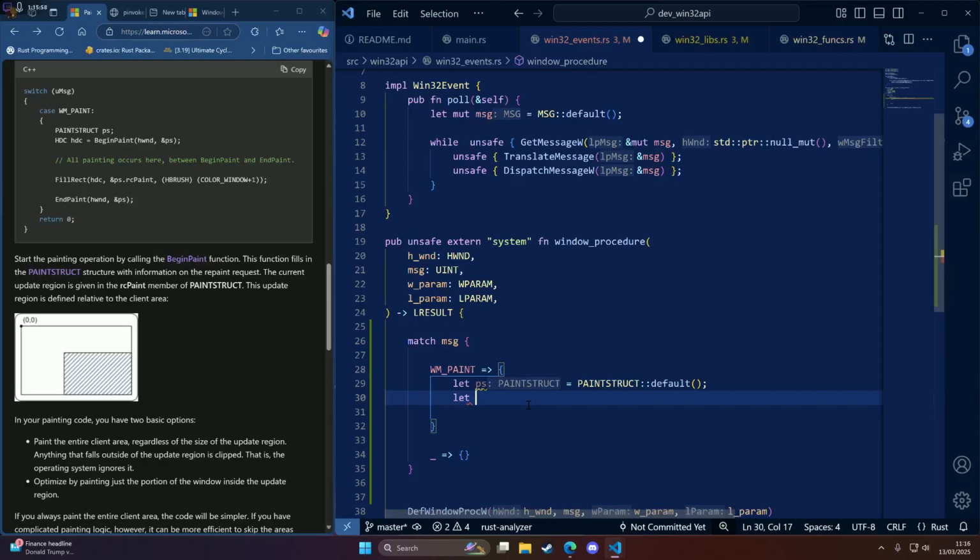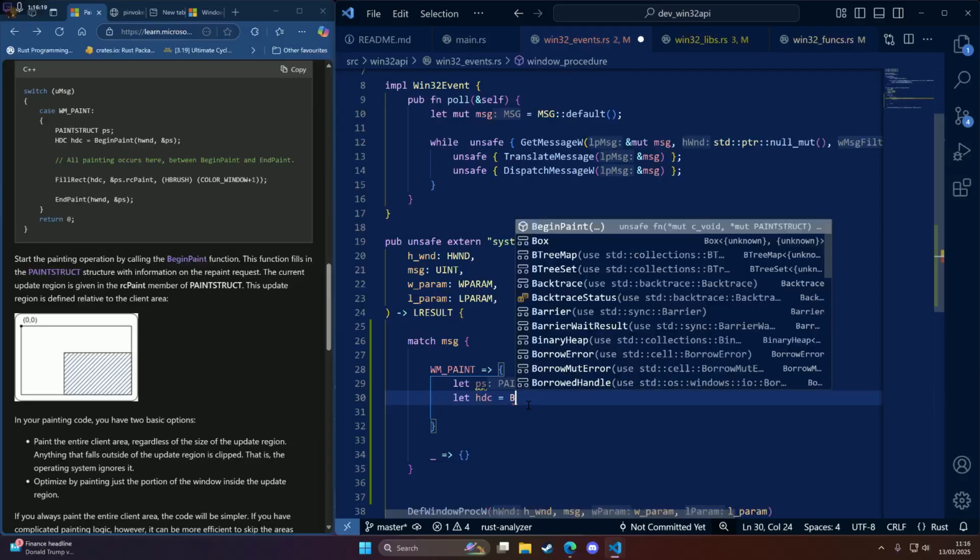Let our HDC, device context, a handle to the device context. Okay, that's gonna equal begin paint,